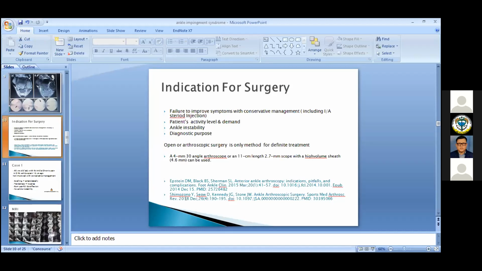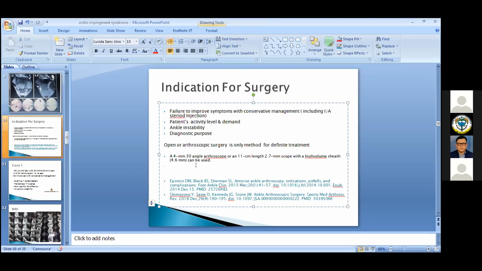So if we fail with the conservative management, we can also go for arthroscopic diagnostic purposes. So it depends, you do the open or arthroscopic surgery. Definitely the arthroscopic surgery has more advantages than the open surgery. And we can also use the 4 mm 30 degree arthroscope instead of the 2.7 scope. If a 2.7 is available, then that is much better to assess the